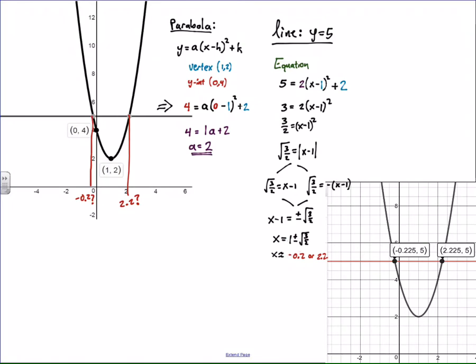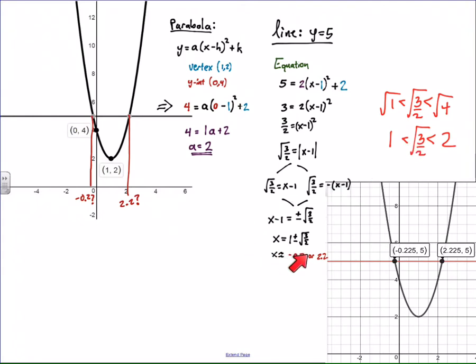The square root of 3 halves is going to be somewhere between the square root of 1 and the square root of 4. We know this is 1, and the square root of 4 is 2. So we know that we're talking about a number somewhere between 1 and 2 here. And it's going to be less than 1.4 because the square root of 2 is 1.4, so we could say